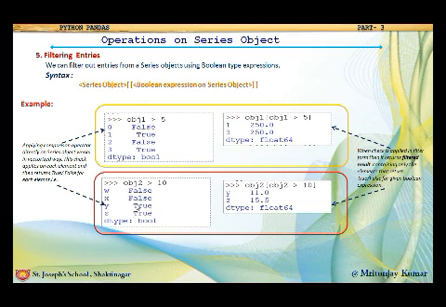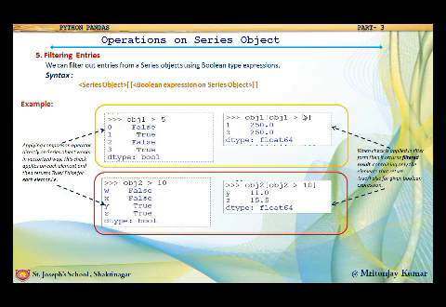So what we have seen here in the first two cases is that we apply the comparison operators directly on the series object, and it works in a vectorized way. The check applies on each element and then returns true or false for each element.